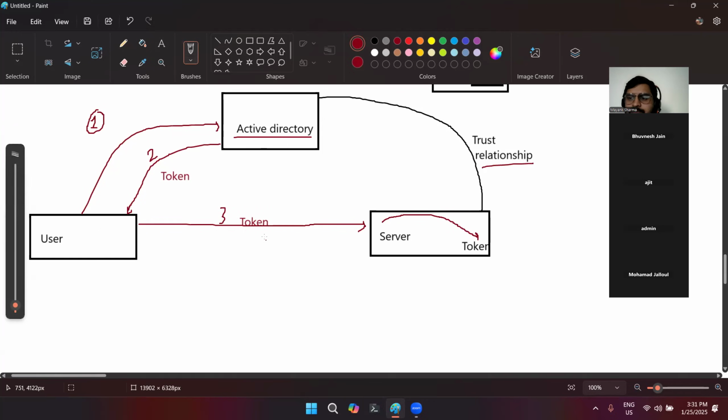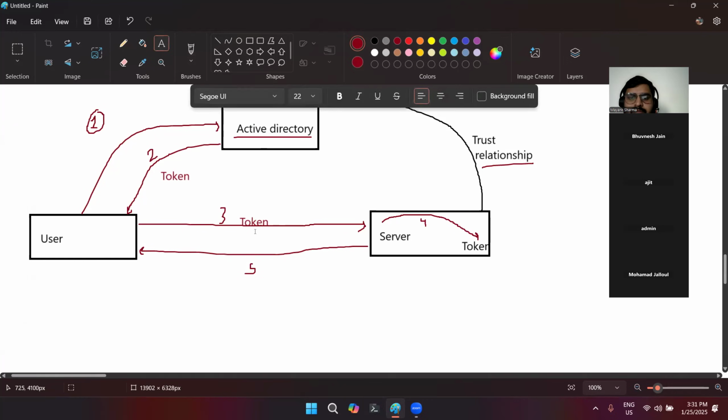There are bits and pieces in this token that are going to be matched. If the token matches, then the server sends a result to the user that you are welcome to log in. So this is the fourth step where we match the token, and the fifth step where we get our result. Now you are able to access this particular server.